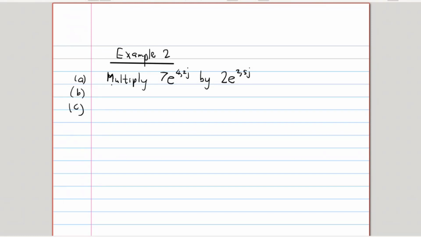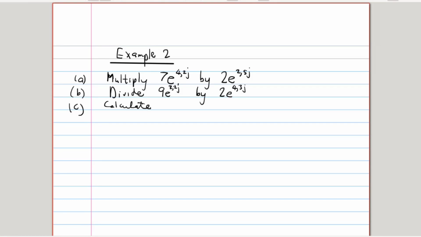And with the B part, divide 9e to the 3,2j by 2e to the 4,3j. And then the C part asks you to calculate,